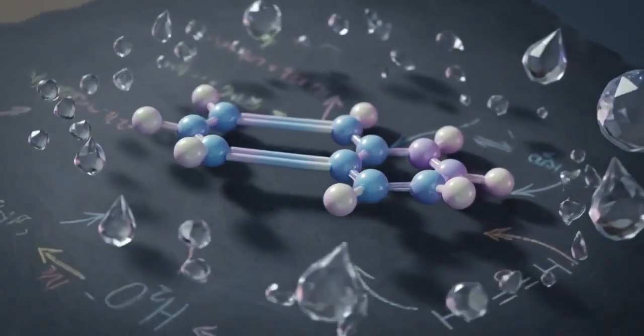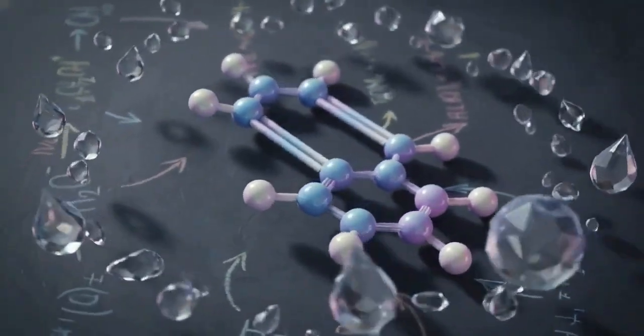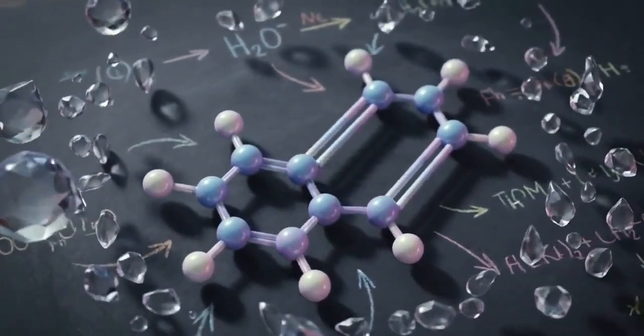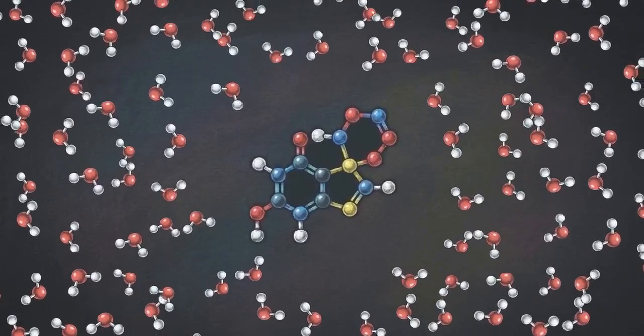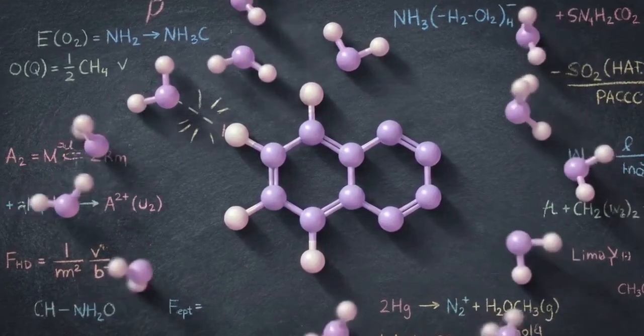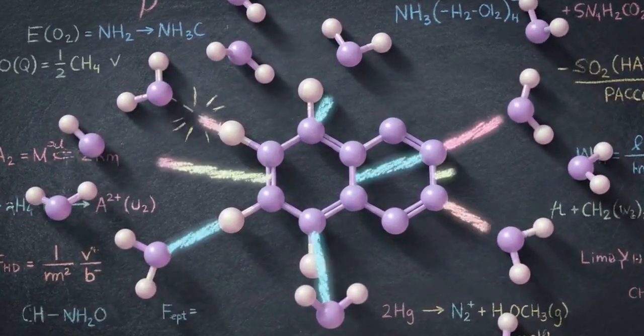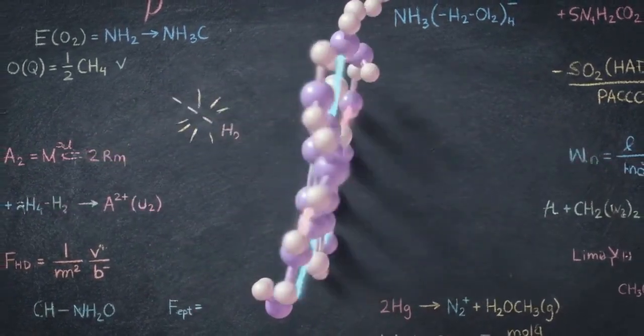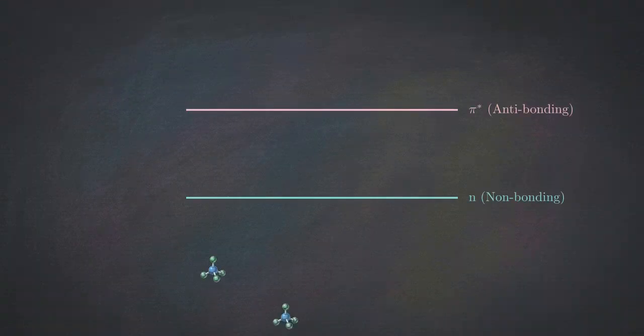Finally, we have to consider the environment. In the lab, our target molecule isn't floating in an empty vacuum. It is surrounded by and interacting with a liquid solvent. If that solvent is polar, like water or ethanol, its molecules will dynamically interact with the target compound through forces like hydrogen bonding. When a polar solvent forms a hydrogen bond with the non-bonding electrons of a chromophore, it effectively